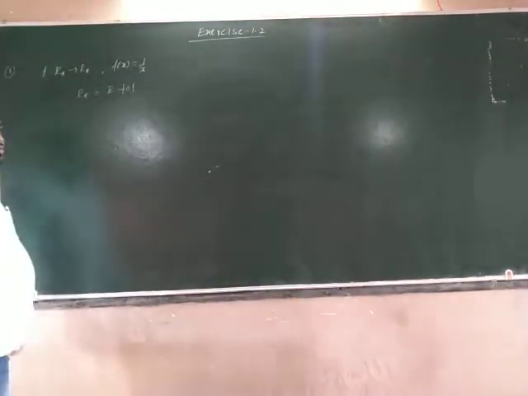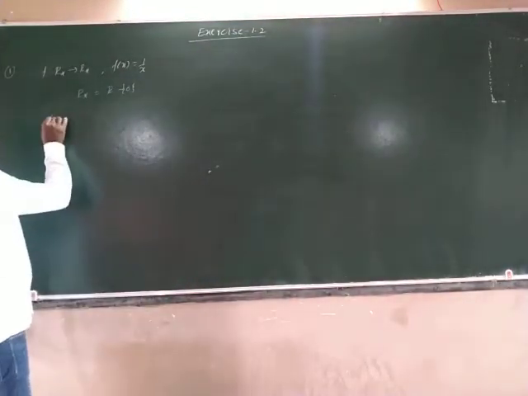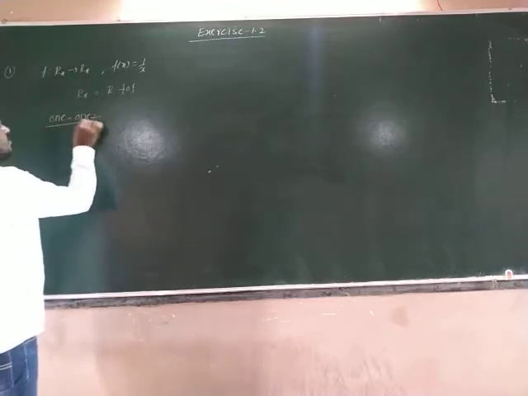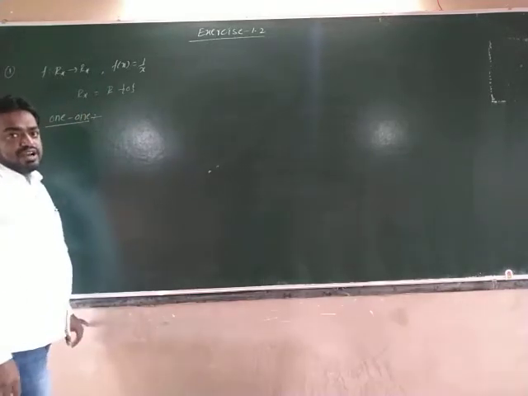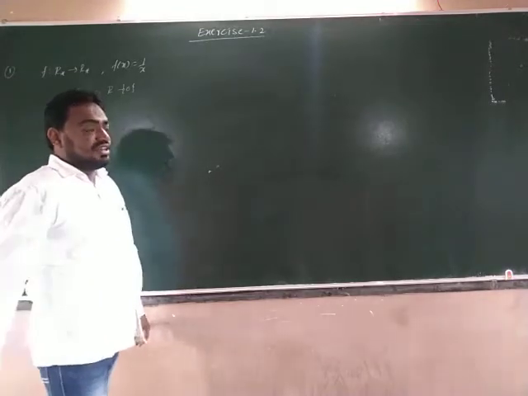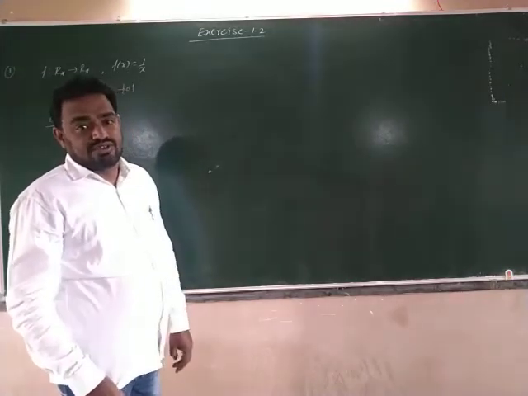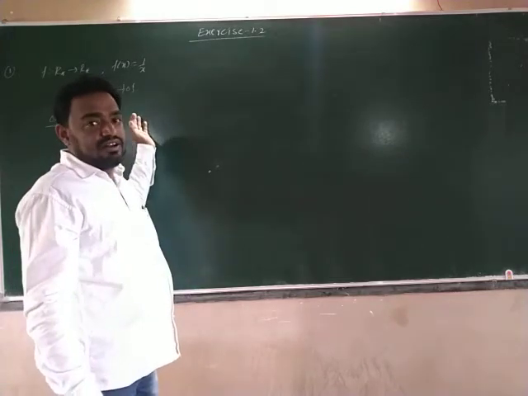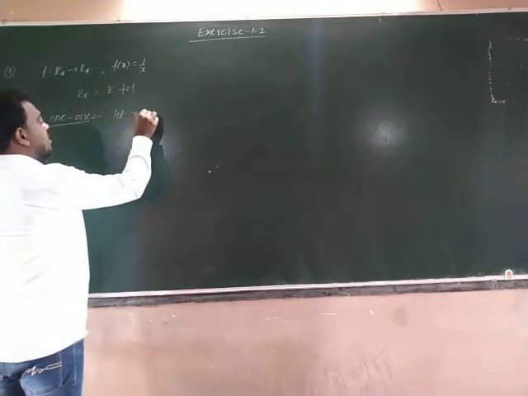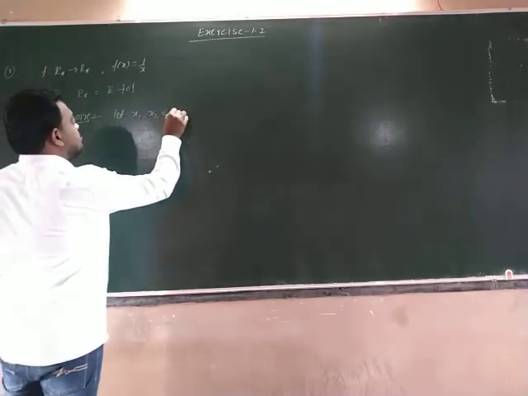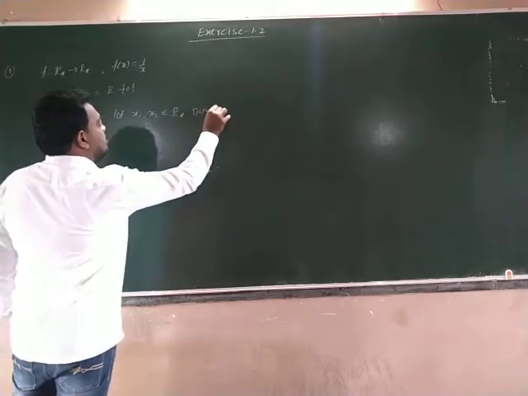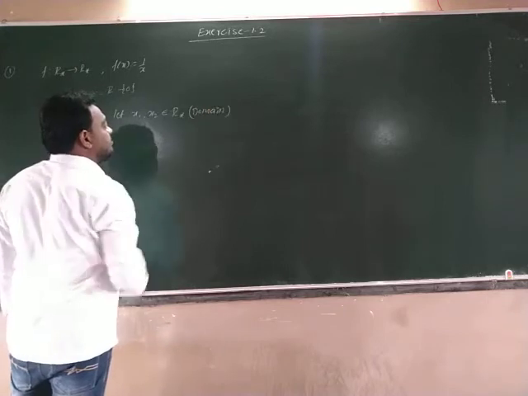First, we are looking at one-one. How do we check a one-one function? What is the definition of one-one? For all x1, x2 belonging to domain A, if f of x1 is equal to f of x2, then x1 is equal to x2, and f is called one-one. Let x1, x2 belong to the domain R star, which is the domain of the function, right?